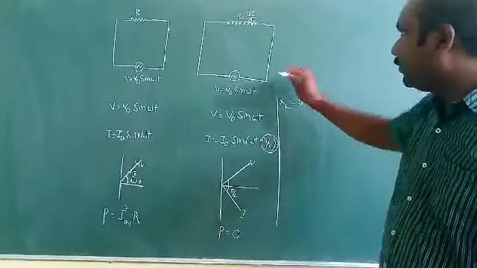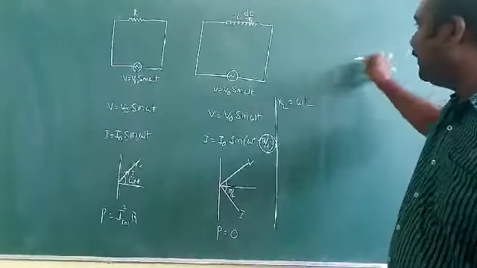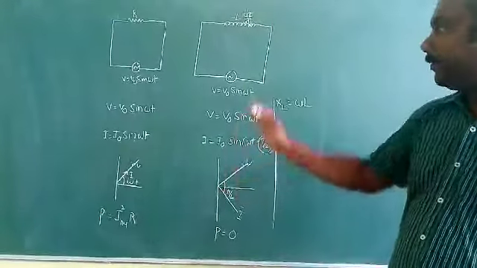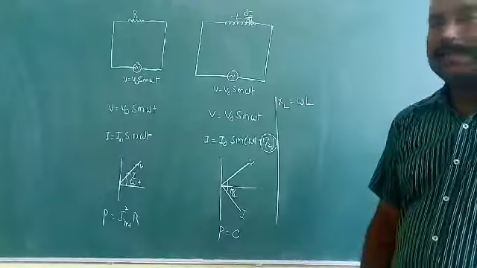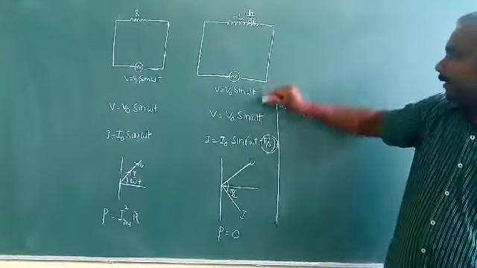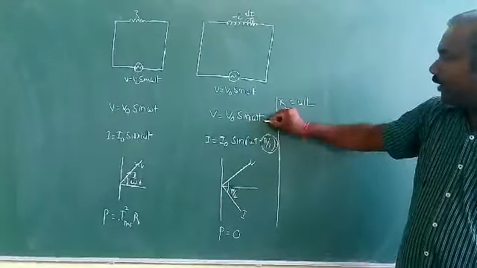So if we compare the equations like this, the next term that will come is capacitive, and from this one you can compare and learn the things easily. So finally in resistive there is no phase difference. For inductor the phase difference is 90. Voltage is leading, current is lagging.